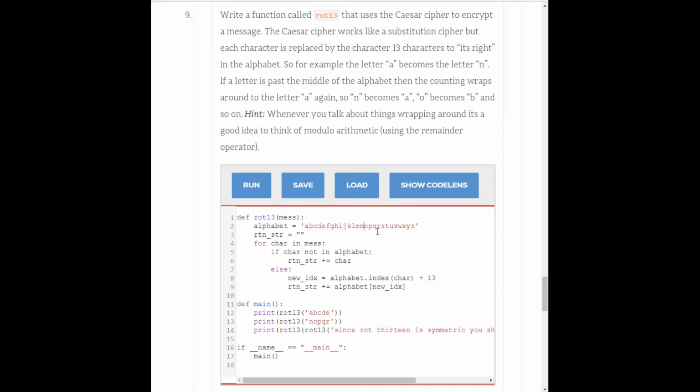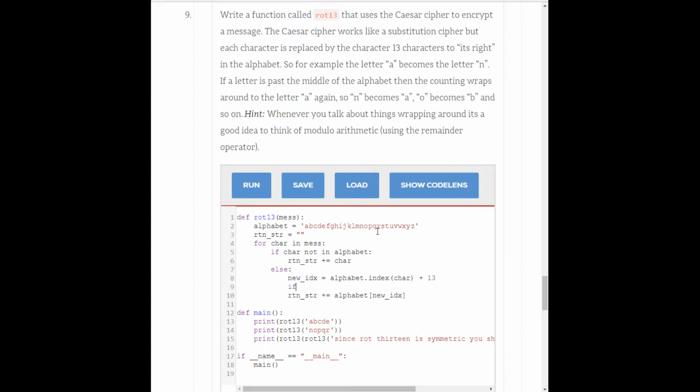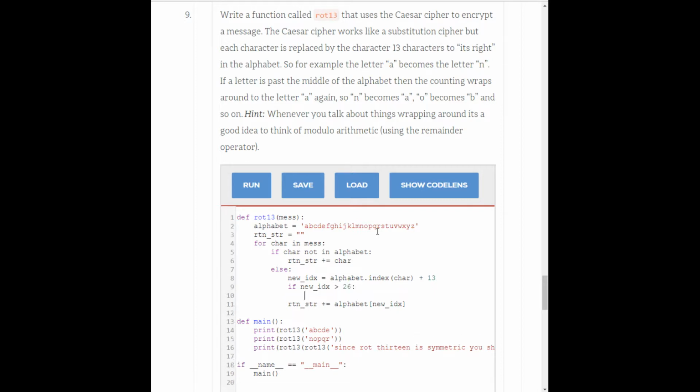N becomes A. So anything higher than N is going to need to roll over to A. So how can we test to see whether or not we need to roll over? Well, we know we need to roll over if our index that we got to is higher than 26. So if new IDX is bigger than 26, which is the highest index that we can represent, then we need